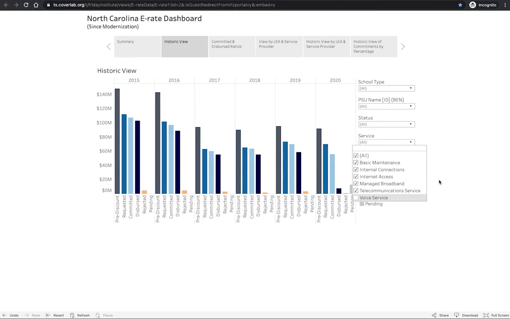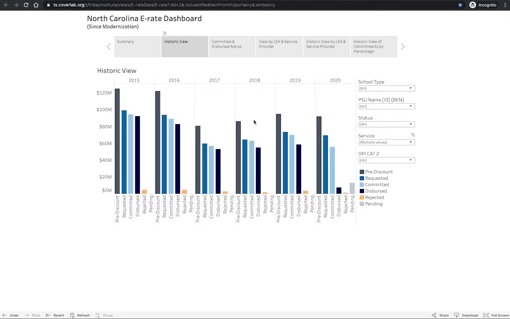But what's cool is we can take voice off of there and see, there's actually a little bit of a tick up there. So why were 2015 and 2016 so big then? Well, that is because those were the first years of the Category 2, the Wi-Fi expansion program, which was the first time that the state also paid for Wi-Fi inside the building connections, which are called internal connections. And so in 2015, the state undertook a project to get a few, I would say a dozen or so vendors on contract, and they bought in bulk, using the buying power of the entire state.